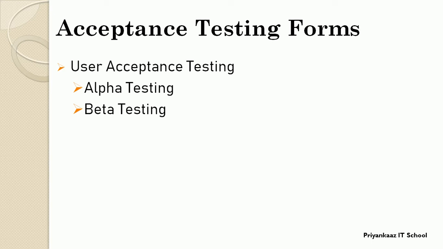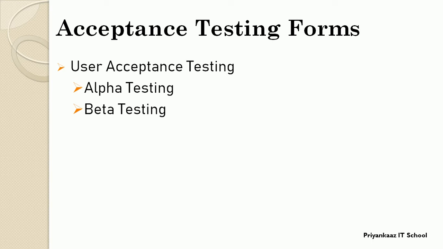First of all, user acceptance testing, and it is again categorized into two forms, alpha and beta testing. What is UAT testing? Let's see. User acceptance testing is used to determine whether the product is correctly working for the user or not, right? Here the user is nothing but the end user, who uses the software application. User acceptance testing is performed from the end user's perspective and point of view. In this type, specific requirements which are often used by the end user are primarily picked for testing purposes.